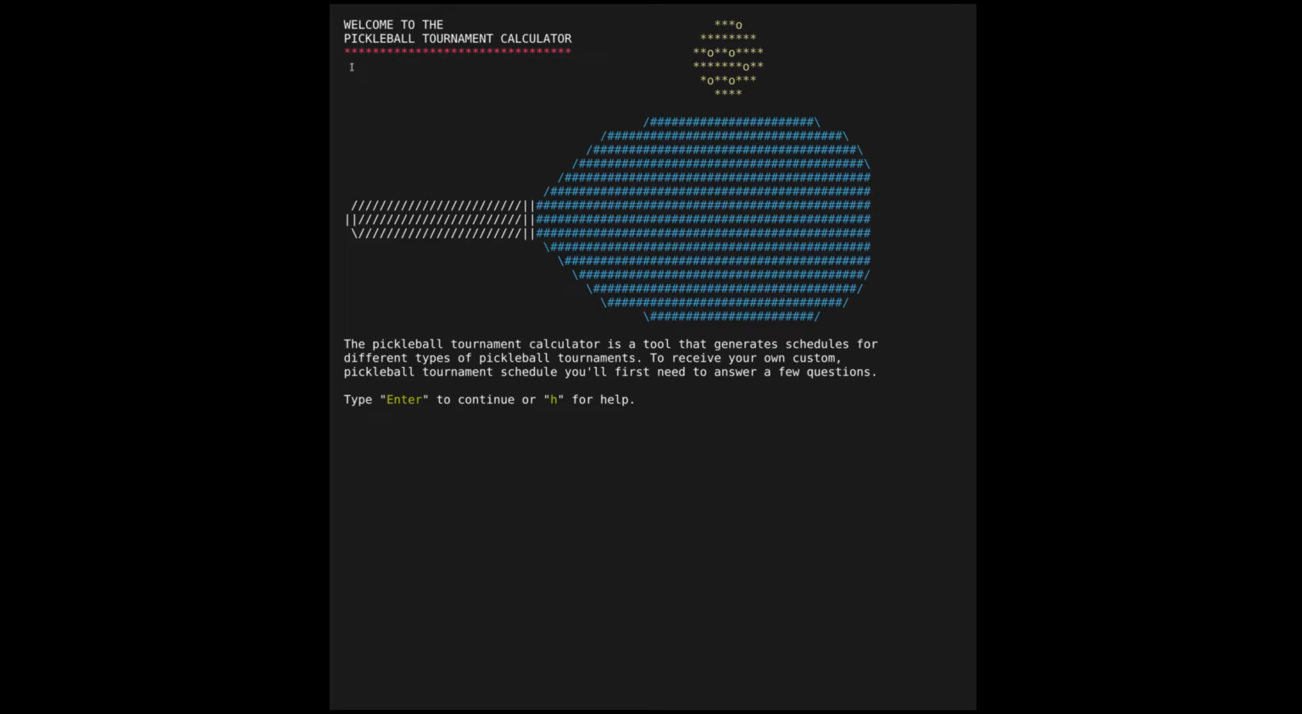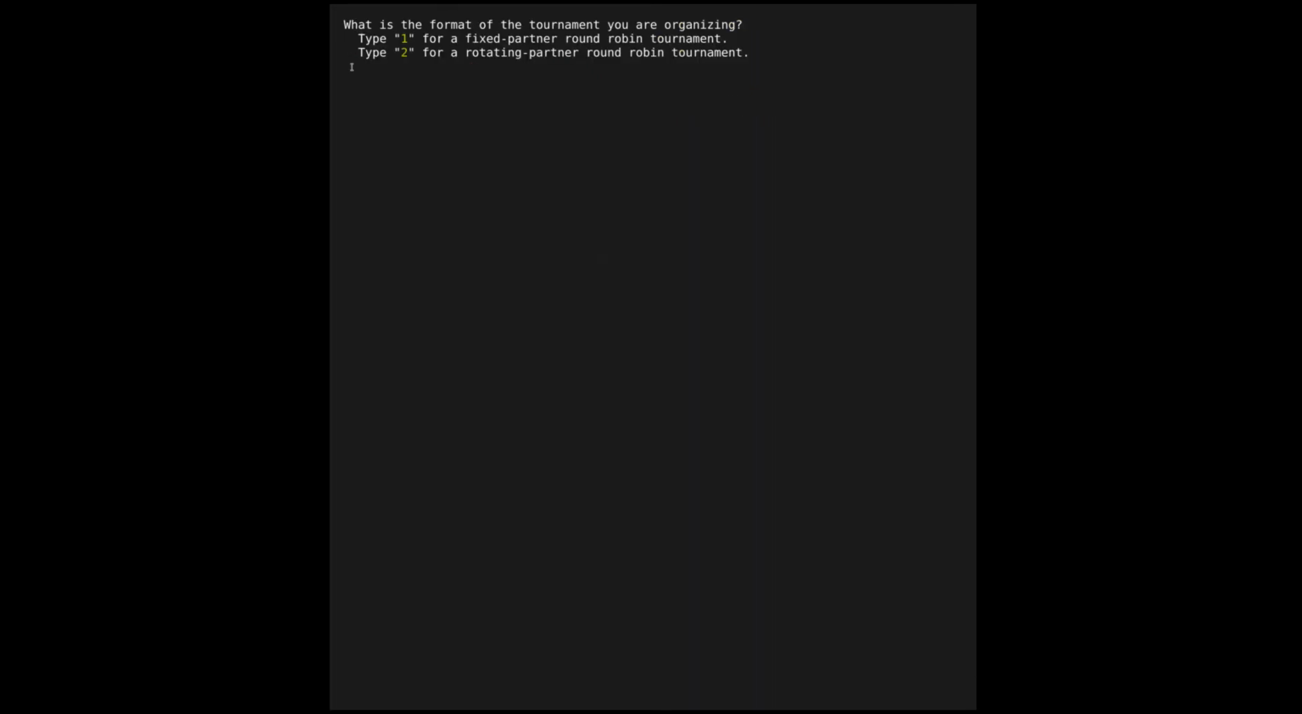So now from the main menu, the user is prompted to hit enter. Once they do, they're asked a few questions about the format of the tournament and the size. The user inputs 1 for fixed partner or 2 for a rotating partner round robin. They're asked to confirm their selection, and then they're asked to input the number of teams or players that will